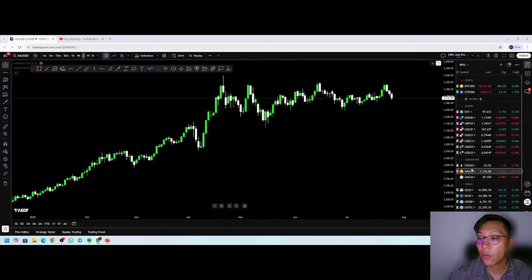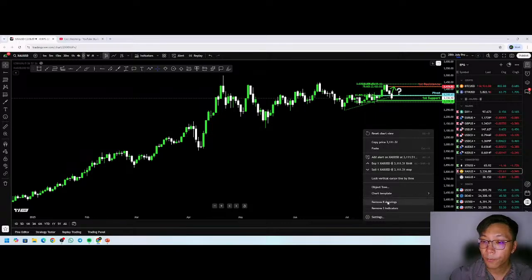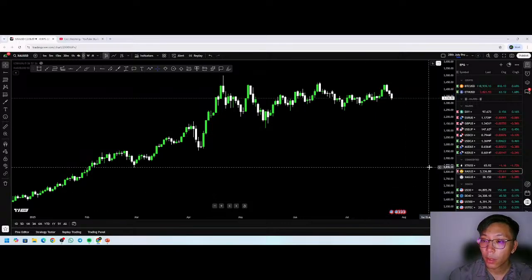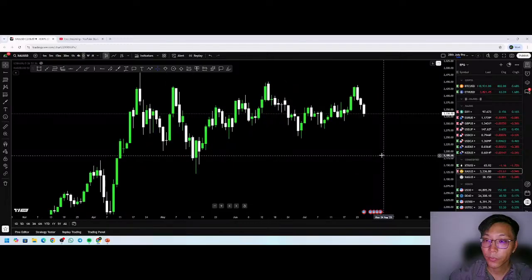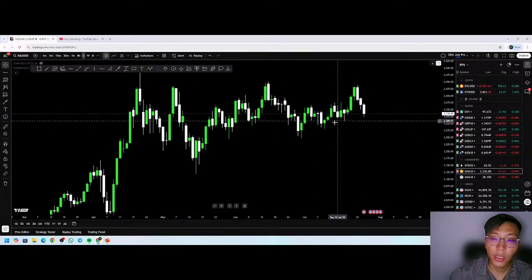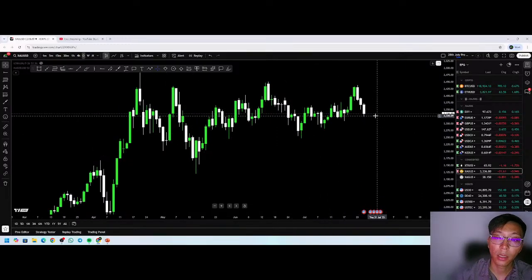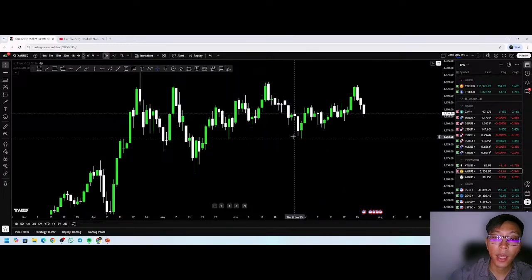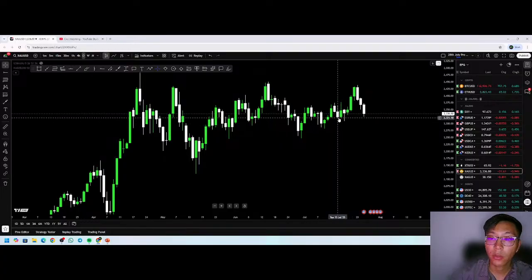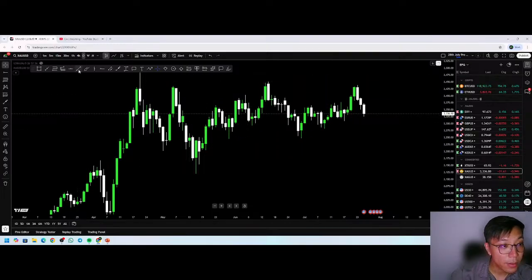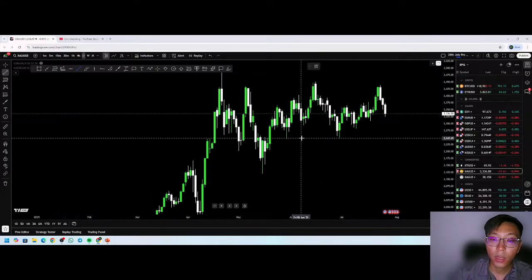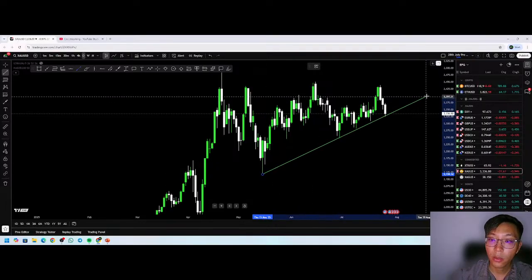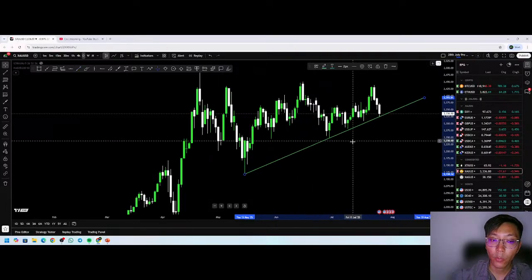All right, so let's move on to gold. Okay, so for gold right now, it actually broke past a bullish trend line, right? So let's see how it might actually react to this level over here. Because DXY is sells, so we are looking for buys. Okay, so if you look at the overall structure right here, we have a bullish trend line.